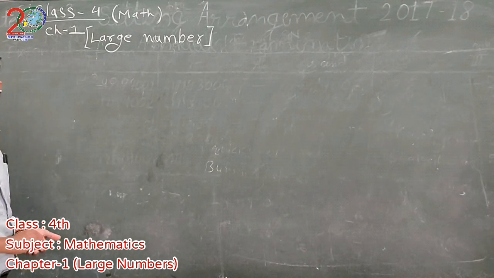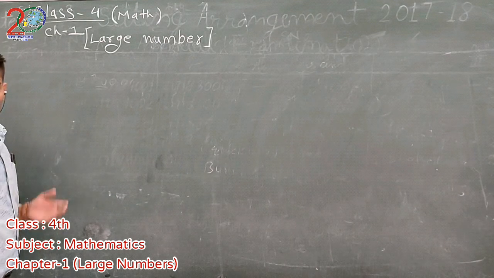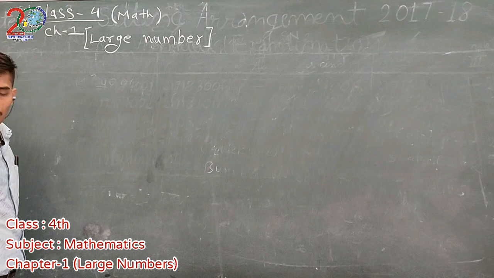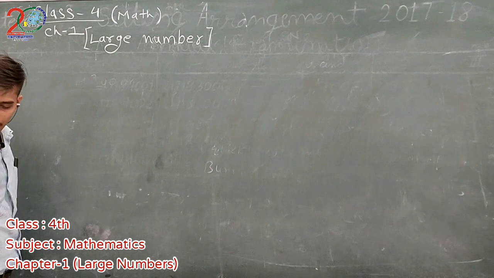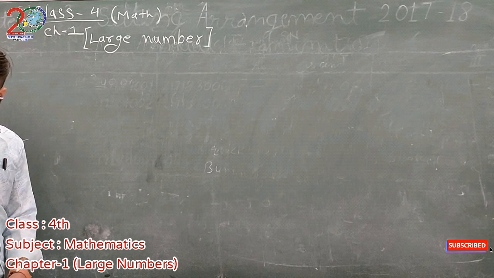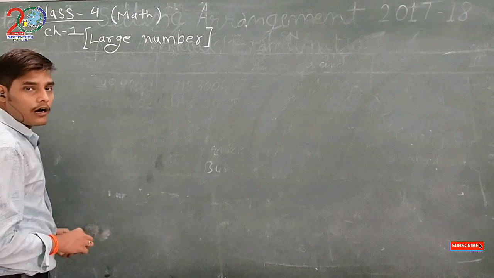Okay, in this chapter we are explaining the digits, how to write down a number in expanded form, place value, face value, number system, successor and predecessor also. So first we explain how to write down the place value of a number.